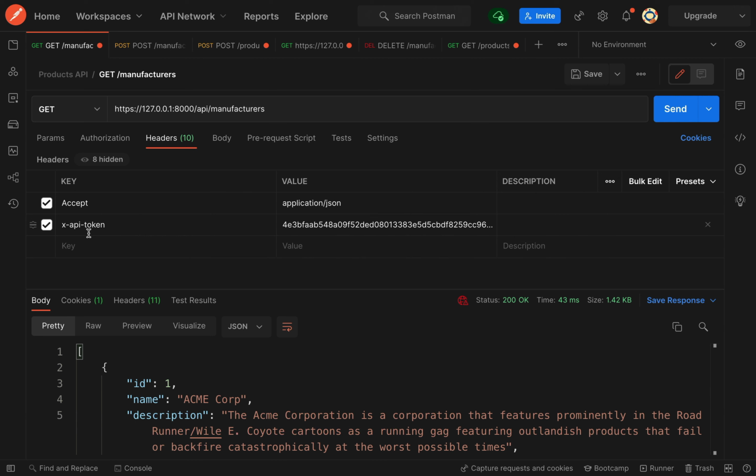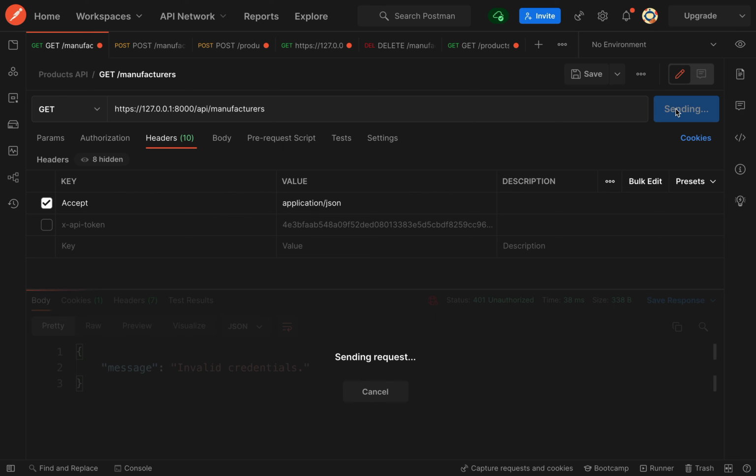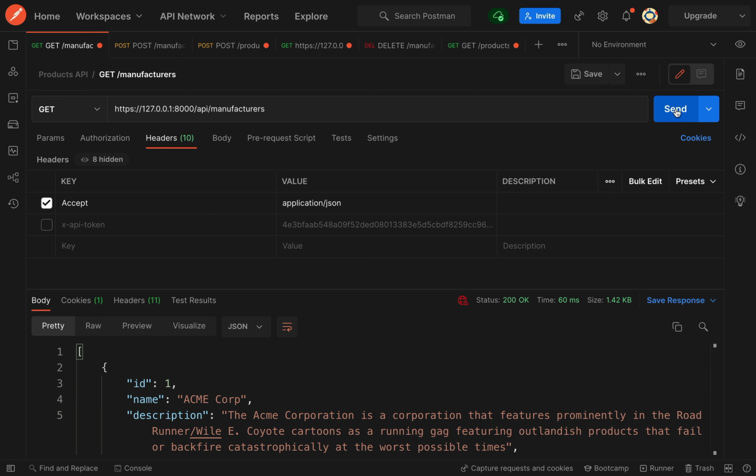So here we're passing the API token, there's the value, and then we just fire off our request, no problem there. If we actually go and change the token, so I'm just removing that last character there, and if we send this off, okay, so then we get invalid credentials. However, I can actually not send the header by unchecking this box here, which means that header won't get sent. If I send it now, okay, so it's getting through authentication,